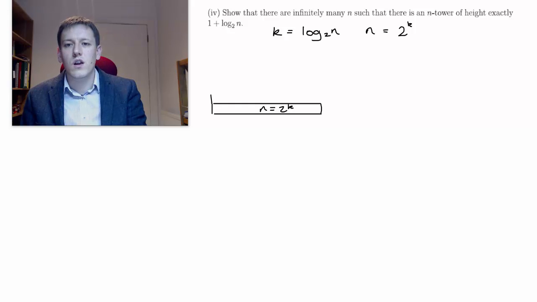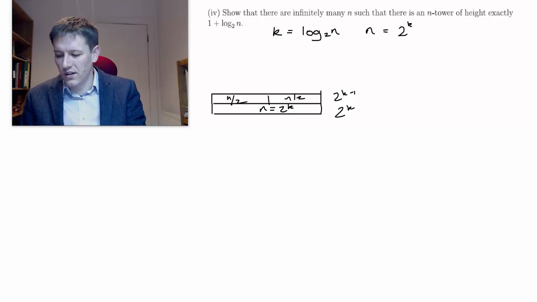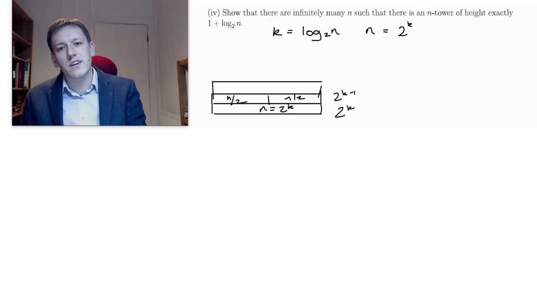So the next one, I'll split it into n over 2 here and n over 2. So if this one is 2 to the k, then this is 2 to the k minus 1, and I can just keep subdividing into 2 here, until eventually I get to some point at the top. Because it's a power of 2, I must end up with the last 2 layers up here,